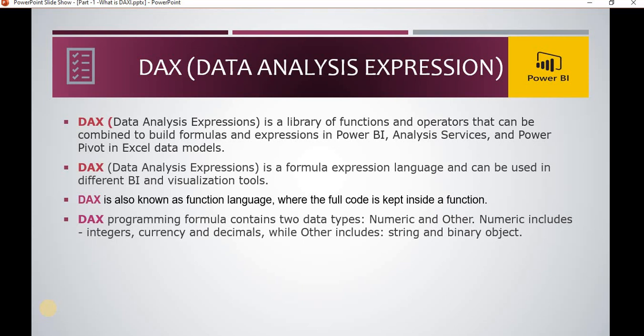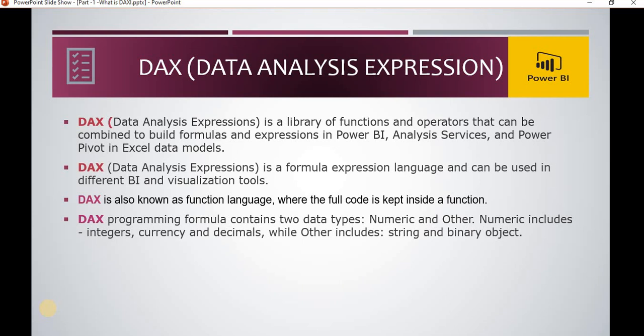DAX is also known as a functional language, where the full code is kept inside a function. Like when I want a sum of the profit, the full code is inside this sum. We only have to pass the value, like which column you want summed, so all the code is inside the function.